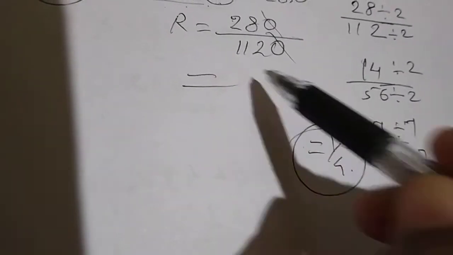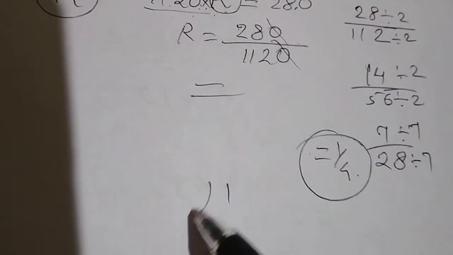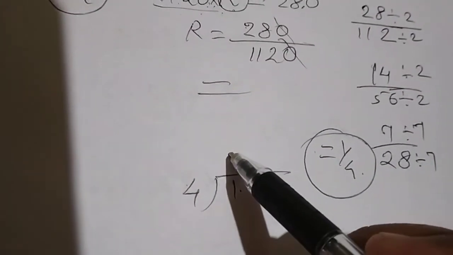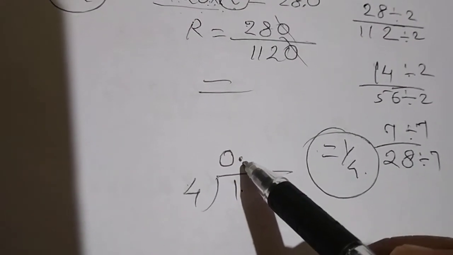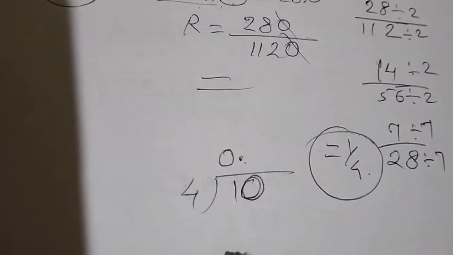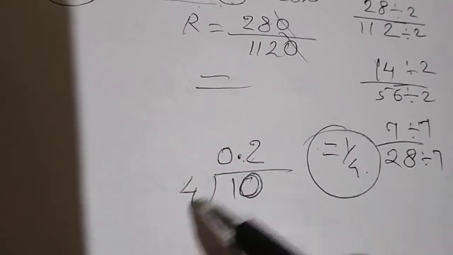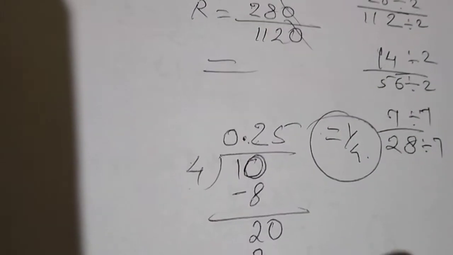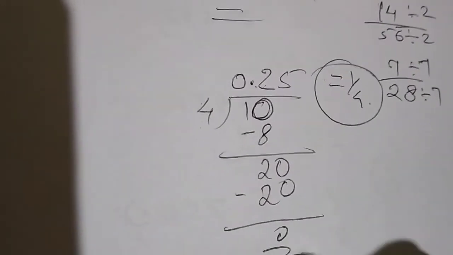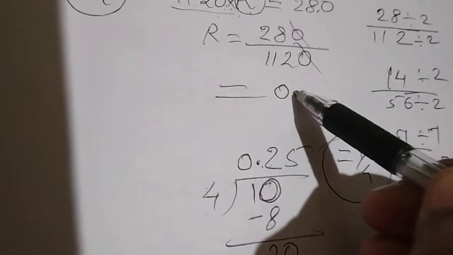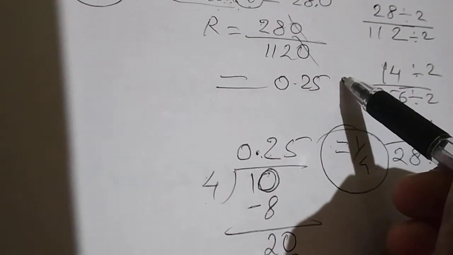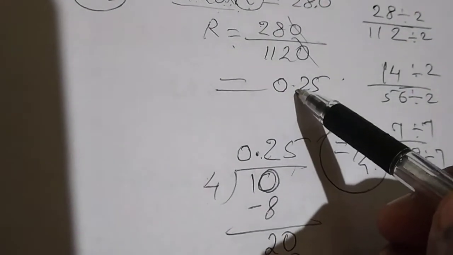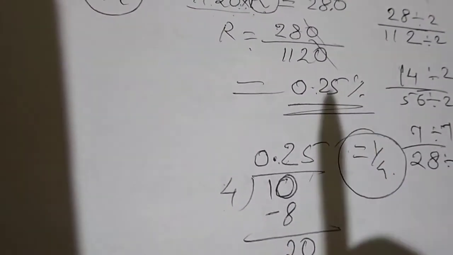We know quarter is equal to one by four. We can divide 1 by 4. There is no 4 in 1. So we can keep here 1 0. After then decimal, at that time keep here 1 0. So 2. 2 fours are 8, then subtraction, then 20, 5 fours are 20, then subtraction 0. So that is equal to 0.25. Okay, now we got rate. Rate per annum is equal to 0.25 per 100. Clear?